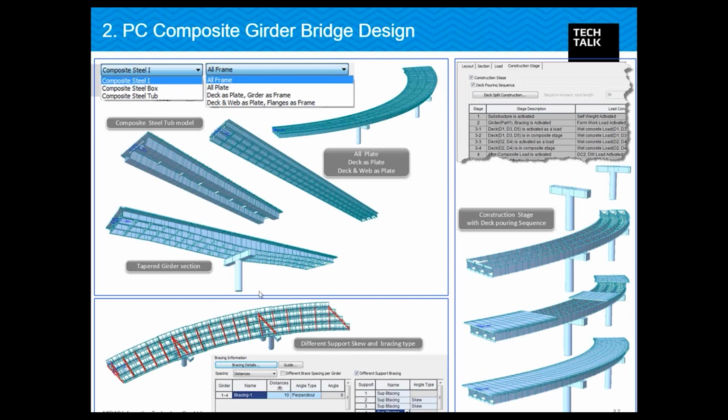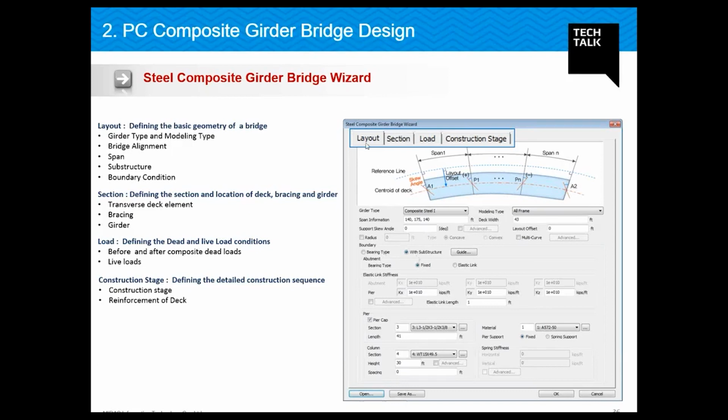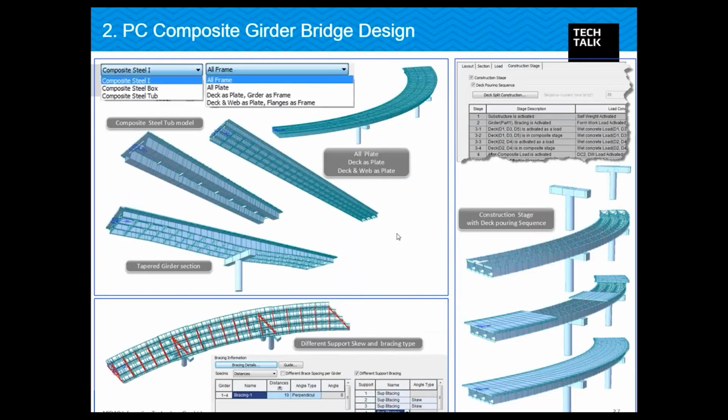This is similar to our previous wizard, using simple input like the bridge layout, section, loading, and even the construction sequence. Then such a bridge can be automatically generated. One special thing in this bridge wizard is that not only the beam element, but also the plate element can be considered. So you choose which type of bridge you want to generate, like a grillage model,